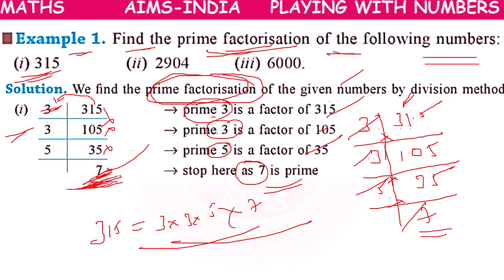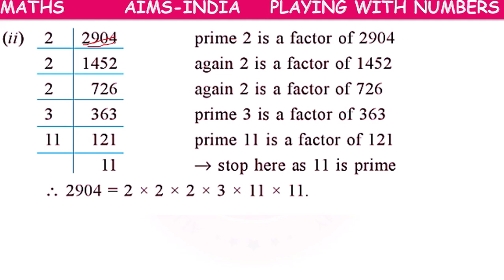Okay. Next, 2904. Because the unit digit is 4, it is divisible by 2. 2 1 is 2, 2 4 times 8, 1 remaining, 10, 2 5 times 10, 2 2 times 4, 1452. Still the unit digit is 2, again divisible by 2, 726. Unit digit is 6, again divisible by 2, 363. So 3 plus 6, 9, 9 plus 3, 12. The sum of all the digits is 12, which is divisible by 3, so divisible by 3, 121.